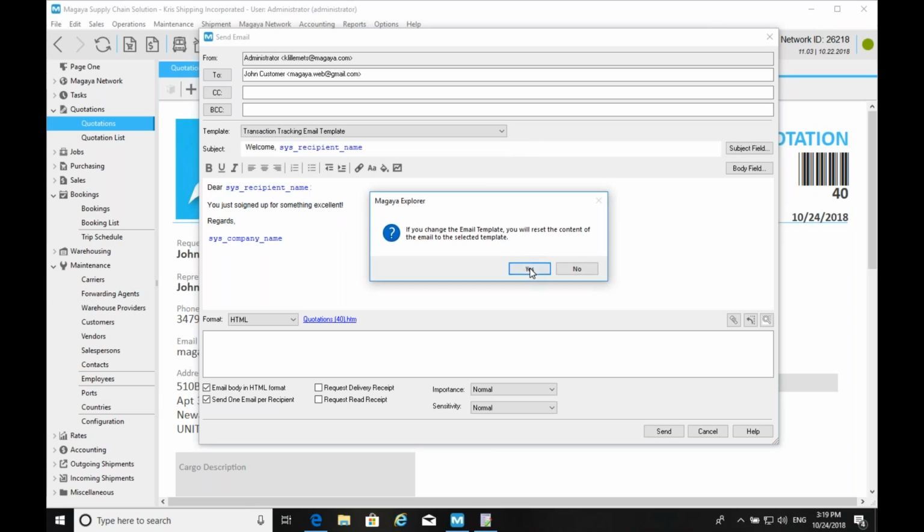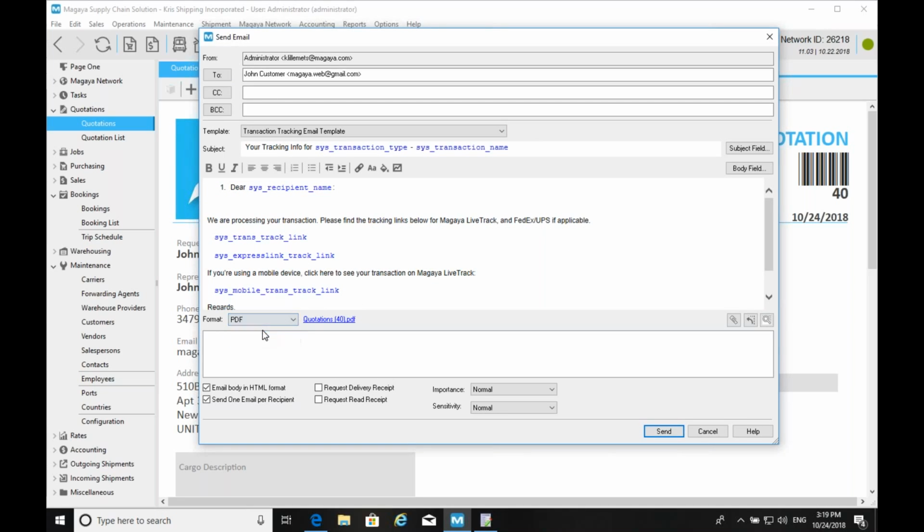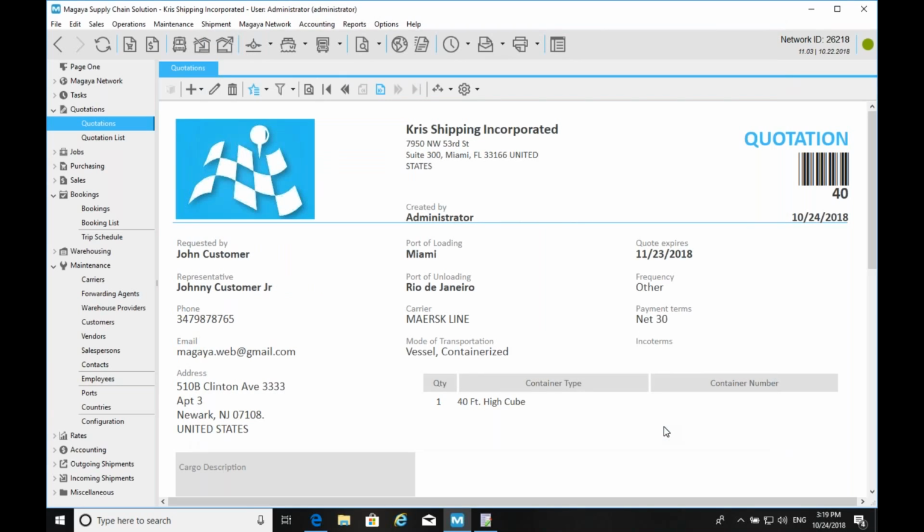Pick this template and send it out. So this final move that I made to send the tracking email to the customer is something that as you probably know, we can set up automatically, and we showed that extensively in the previous webinar. So this click could have been avoided, and also the email templates themselves could be designed to look much nicer than this generic one that I used here.